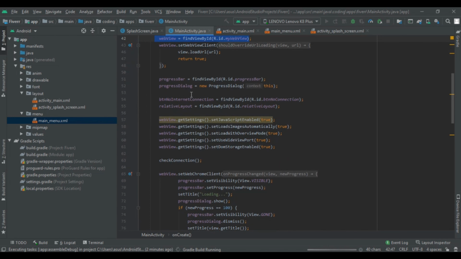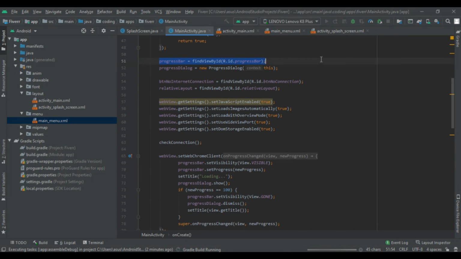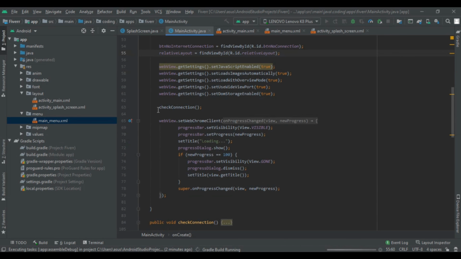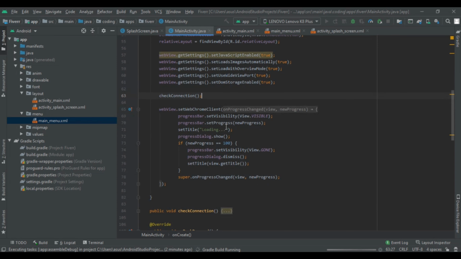Then we had cast our progress bar, dialog and no internet screen connectivity. Then we had checked our connection. If the user has the connection, then it will move forward, otherwise the user will be shown the no internet connection screen. Then after that we had set the progress bar visibility to visible and set progress.